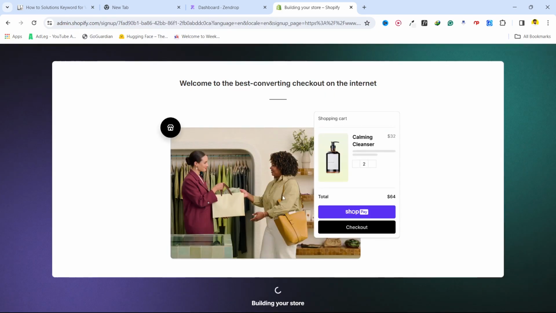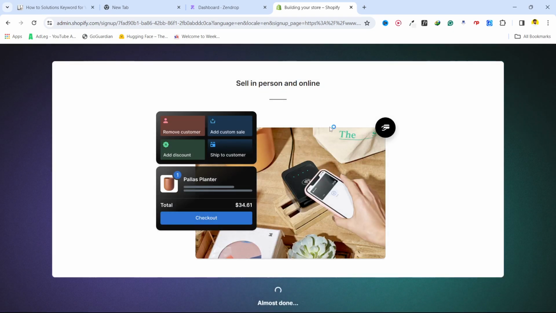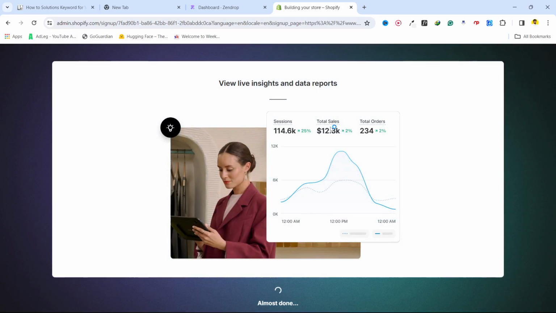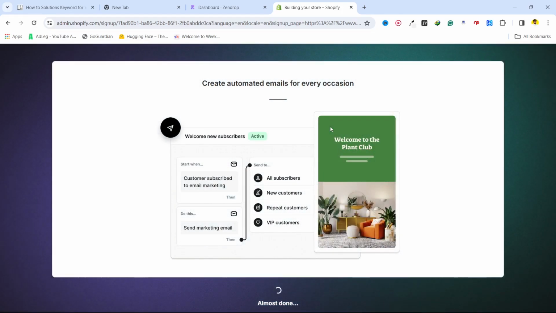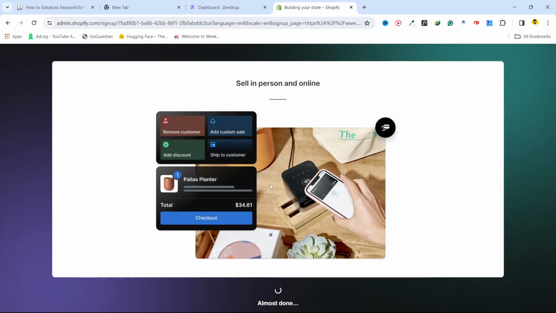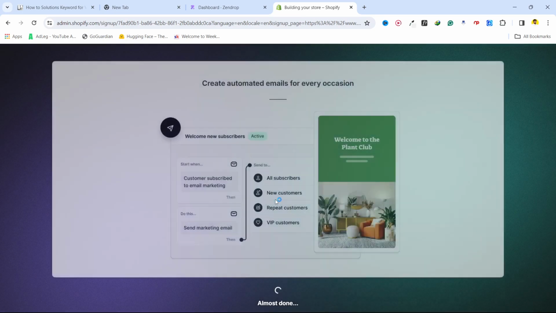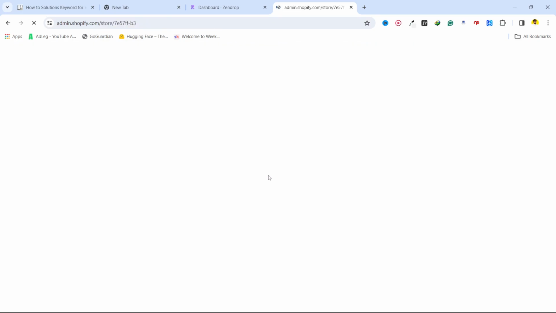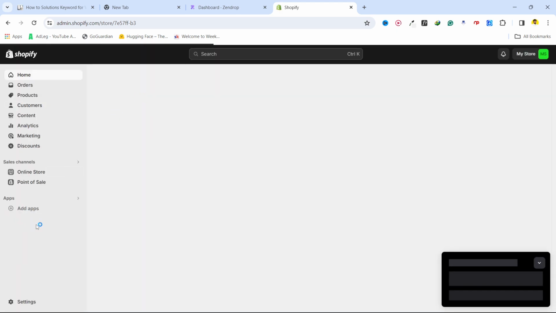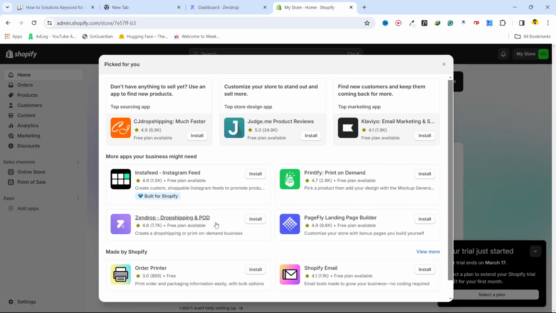And now my store is building. Here you can see that. You need to wait a few seconds here until it is completed. So now you can see that it is completed. Once it is completed, you simply need to click on add apps here, and here you can see Zendrop. Click on that,